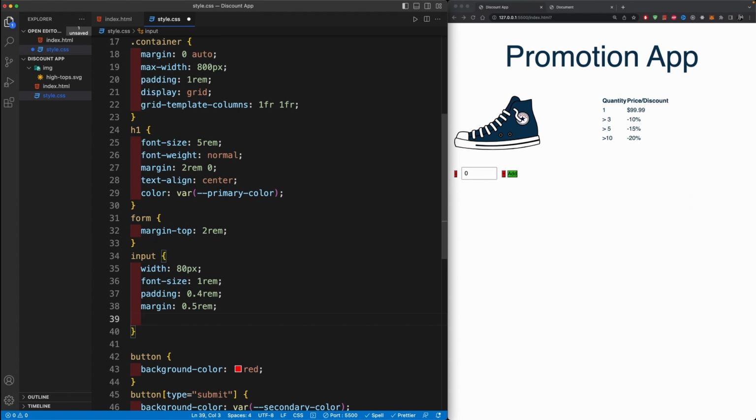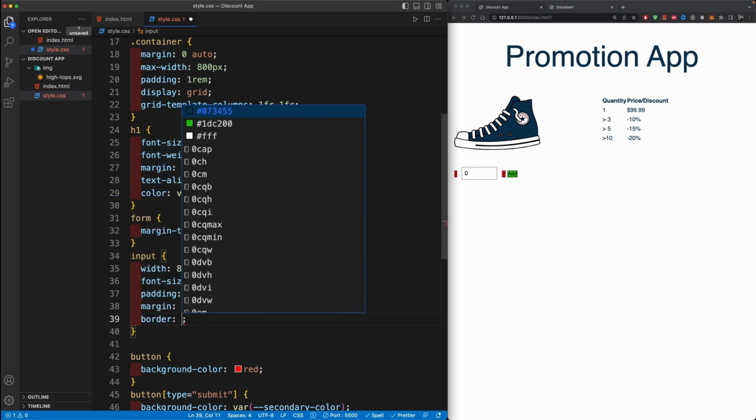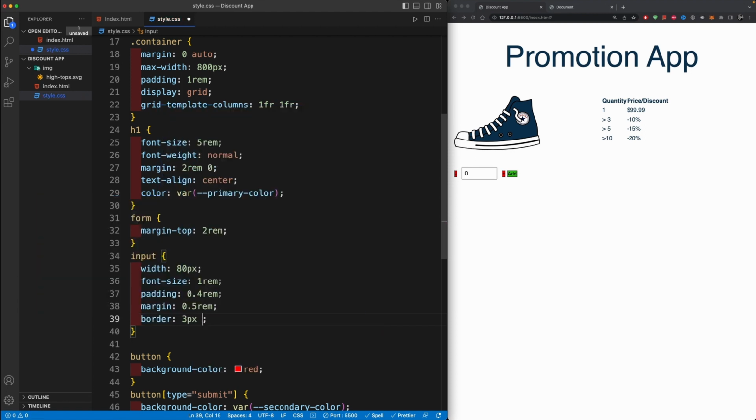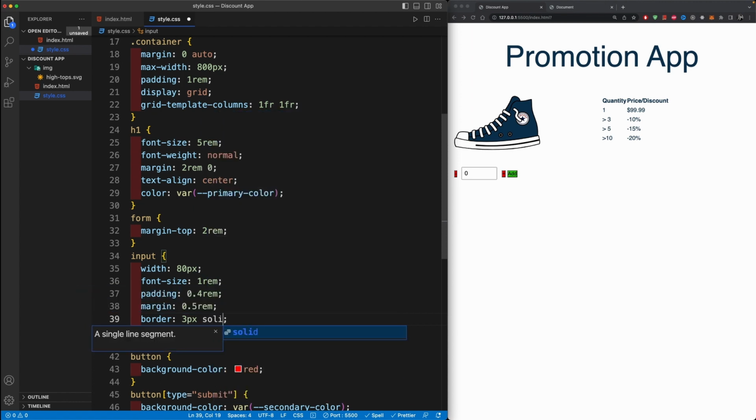Okay, let's also add a margin of 0.5 rem. And now we can also change the border color of this input tag by typing border, then how thick should the border be? If I would do here 3 pixels and the type of the border solid, because I could also do dashed, then it's going to look something like this. Now this is extremely horrible. So we're going to leave it 1 pixel solid, and it's going to automatically assume its initial color, which is, well, black, but I'm going to change it to the var and primary color,